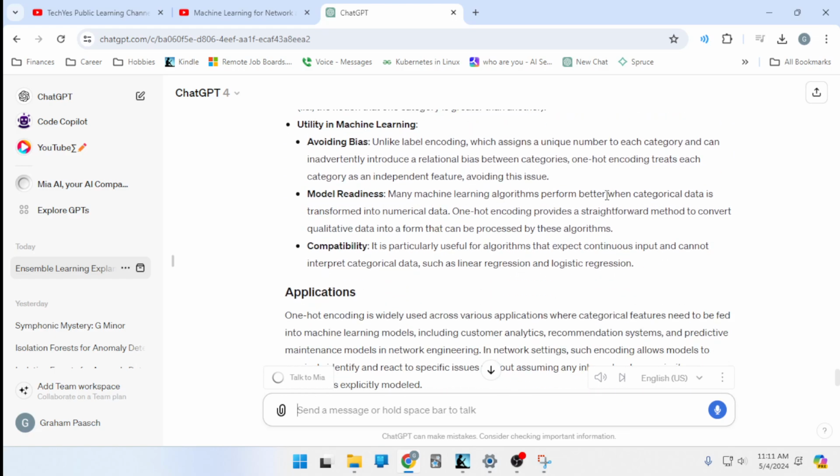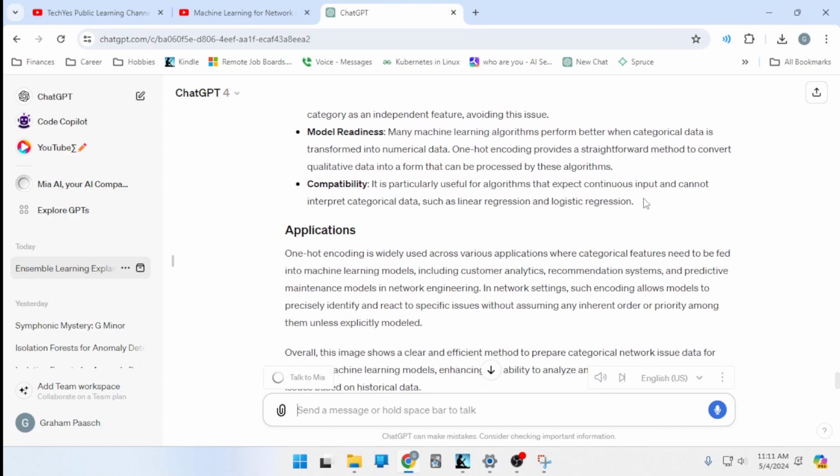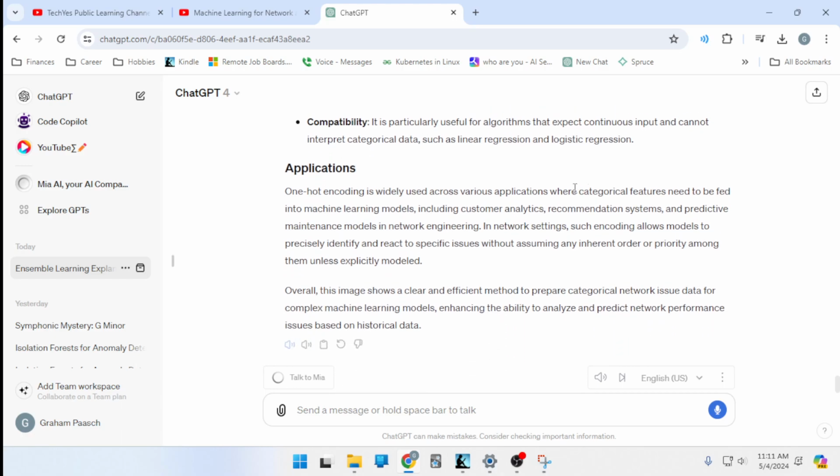Model readiness. Many machine learning algorithms perform better when categorical data is transformed into numerical data. One-hot encoding provides a straightforward method to convert qualitative data into a form that can be processed by these algorithms. Compatibility is particularly useful for algorithms that expect continuous input and cannot interpret categorical data, such as linear regression and logistic regression. Applications. One-hot encoding is widely used across various applications where categorical features need to be fed into machine